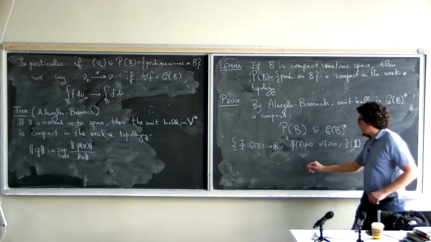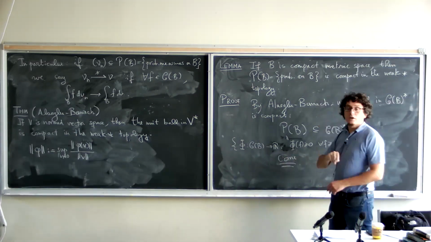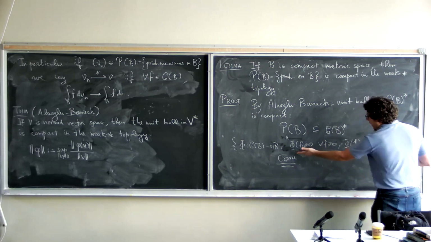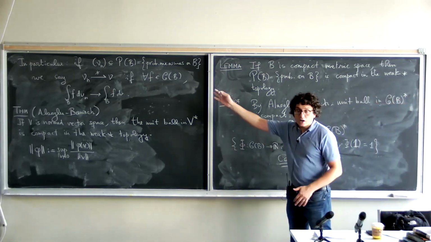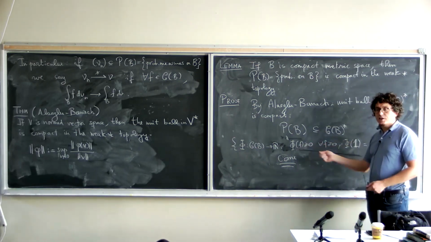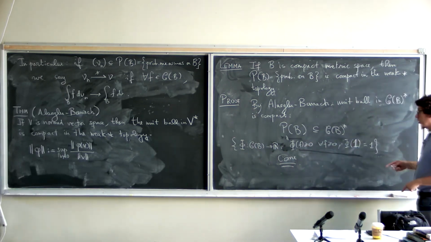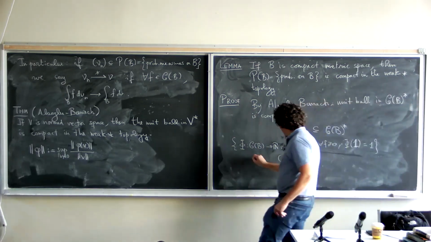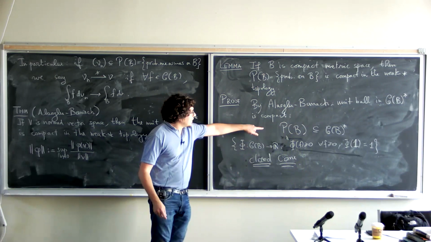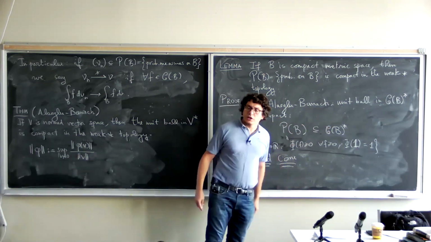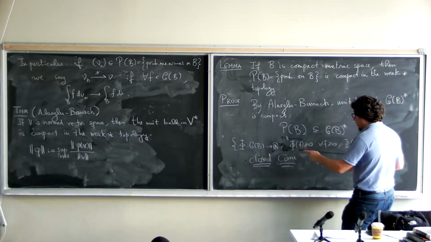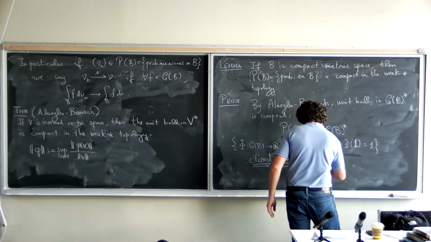So in fact, this is a cone in the vector space. And clearly, these conditions pass to the limit under weak star convergence, because if we test on every function, if you have a sequence of functions, these conditions pass to the limit. So this one is a closed cone. So it's a closed subset of a compact set, so it is compact.